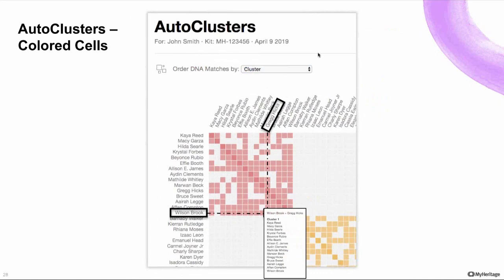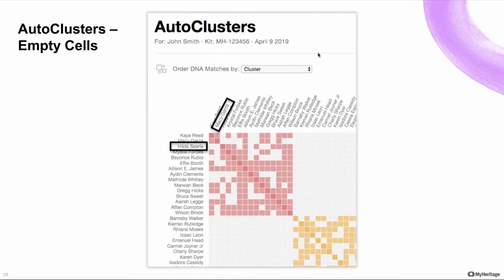When you hover over it, you'll be able to see again, so that it's easier to interact with. At the top, you'll see the names, what intersection you're currently on. So this is Wilson and Greg, and the names of the other people in the cluster. But sometimes the cell is not colored, like in the example with Hilda and Macy. The reason that this sometimes happens and that you don't see a very nice full colored square is because not all these people are shared DNA matches to one another. That would have been a little bit too greedy to ask from the algorithm, and we would have been left with very small or kind of useless